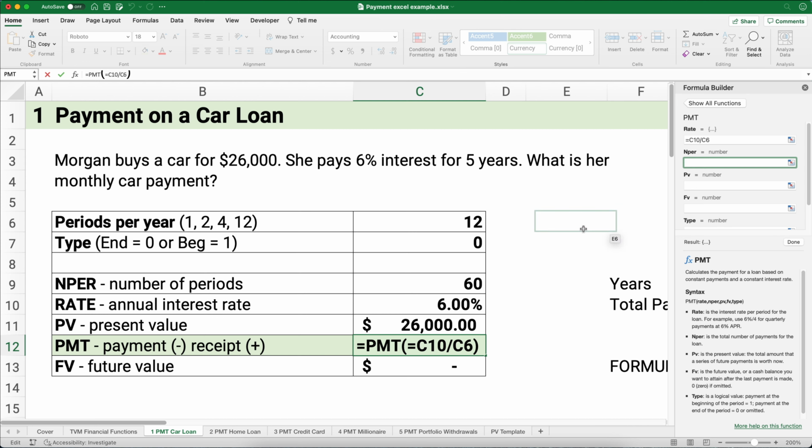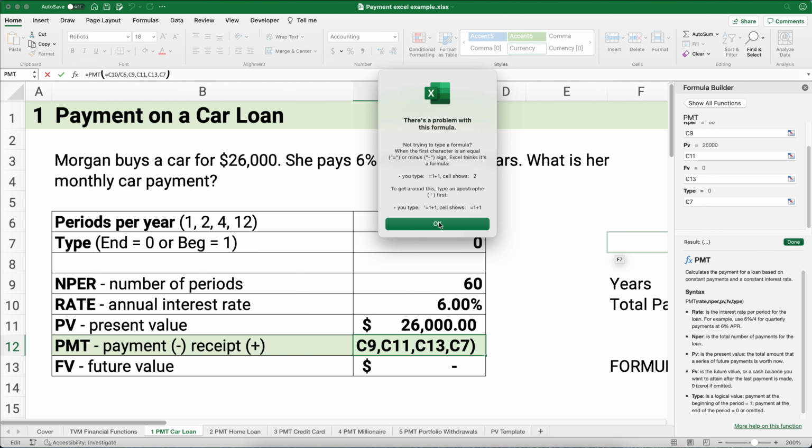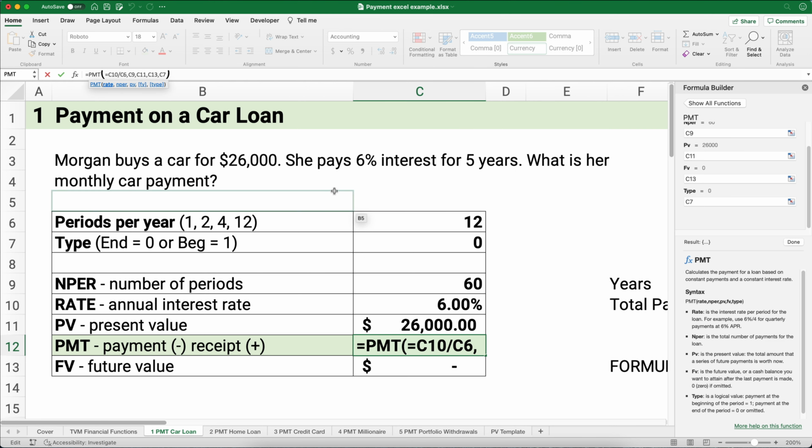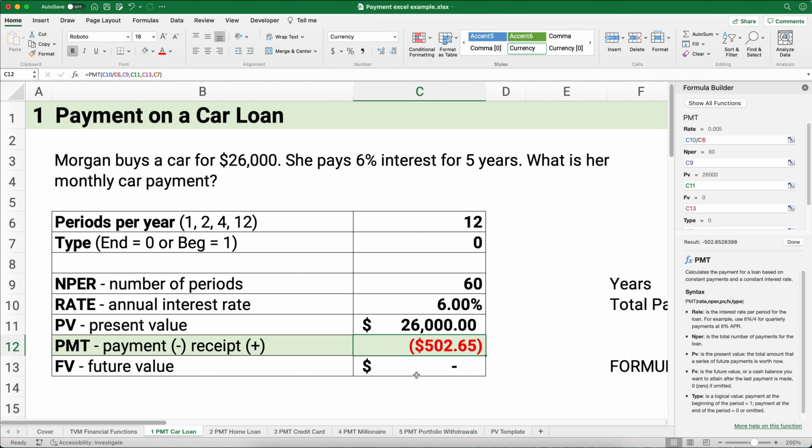The number of periods is going to be 60. The present value is going to be 26,000. The future value is 0. And the type, well, the payments happen at the end of the period, so it's 0. So our answer is, did I mess up somehow? I have an equals up here. I don't need an equals. So the payment every month is going to be